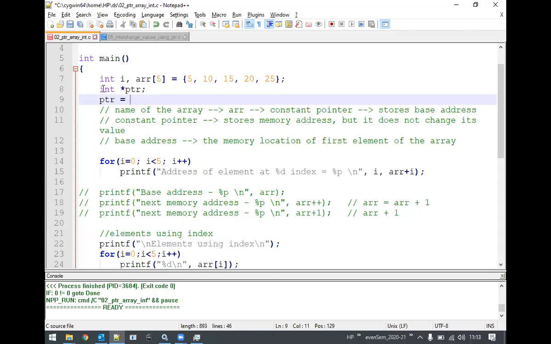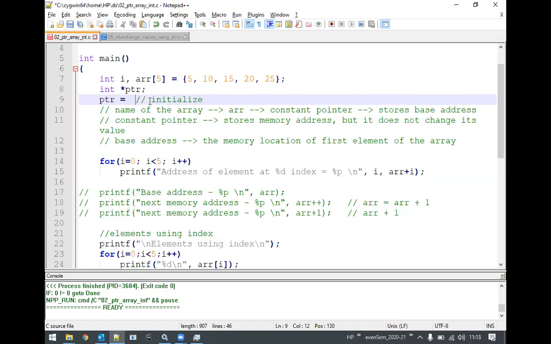Now, can anyone tell me how I can initialize the pointer here? This is the array variable, and this is the pointer, and I want to initialize this pointer with the address of the array. Then how can I do that? ptr equals to what should I write?